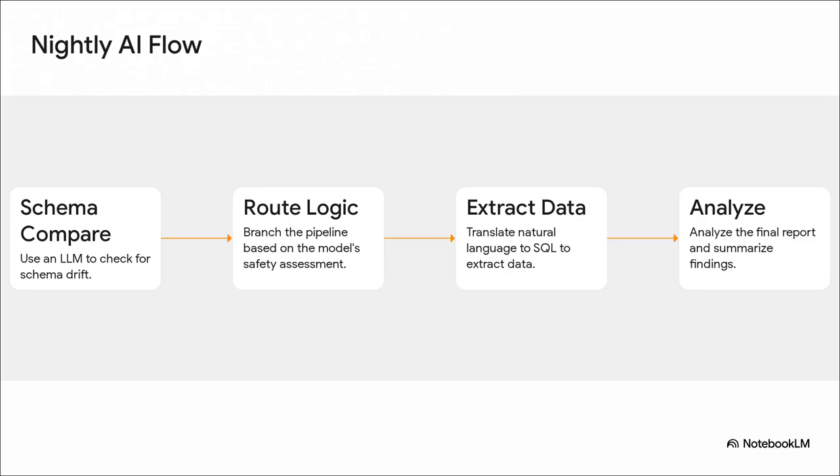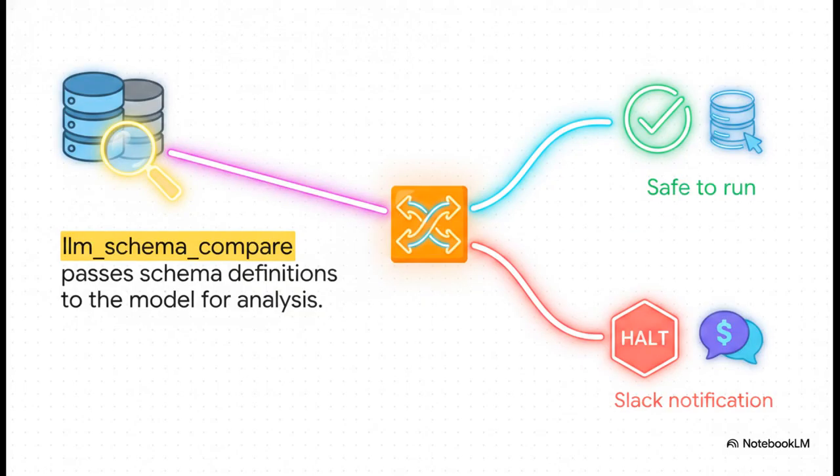Through a series of specialized decorators, Airflow is managing the entire sequence. We can literally ask the system, hey, was there a schema change? Is it safe to proceed, or did we miss anything suspicious? And it's all orchestrated seamlessly. We're moving way beyond just theoretical setups here. We're looking at how to prevent silent data corruption from ever reaching a critical board deck. So, checking out task.llm_schema_compare versus task.llm_branch. First, we outsource that schema drift detection to an LLM using the schema compare decorator.